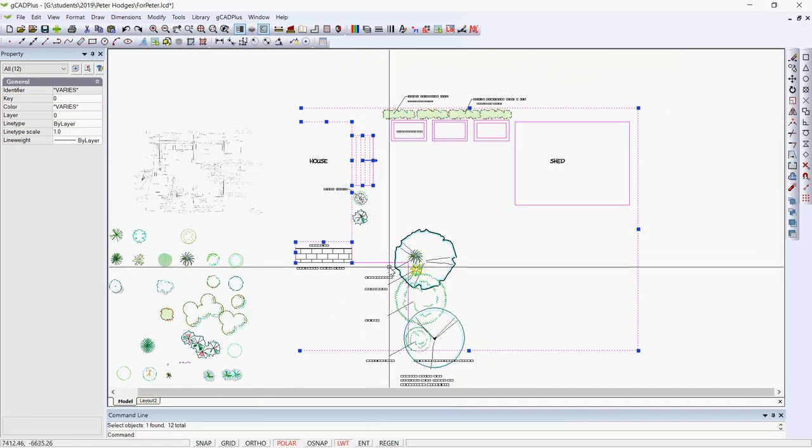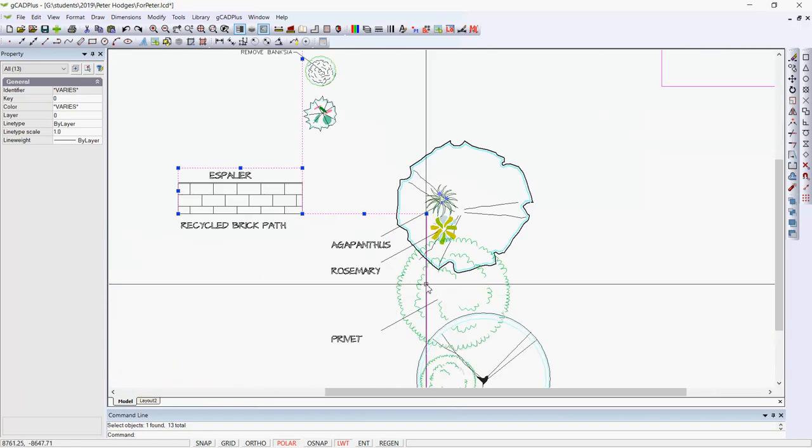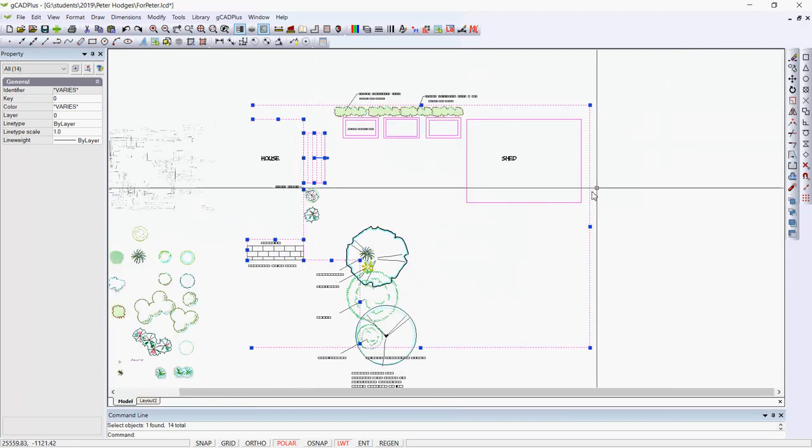and I think we've got all of it. Maybe we can put the carport on that layer, the shed layer,